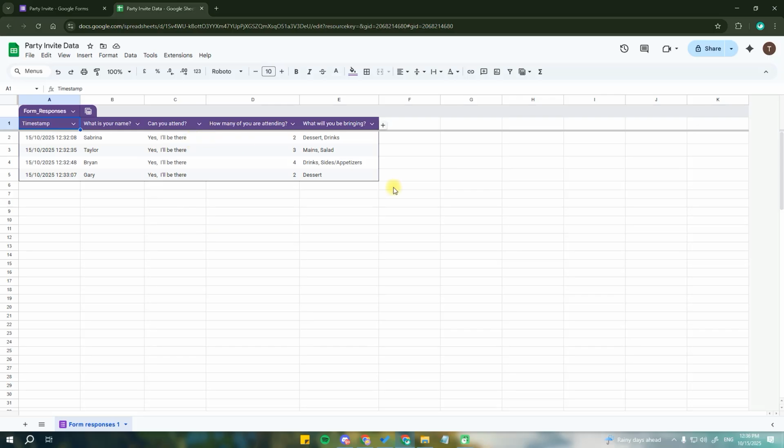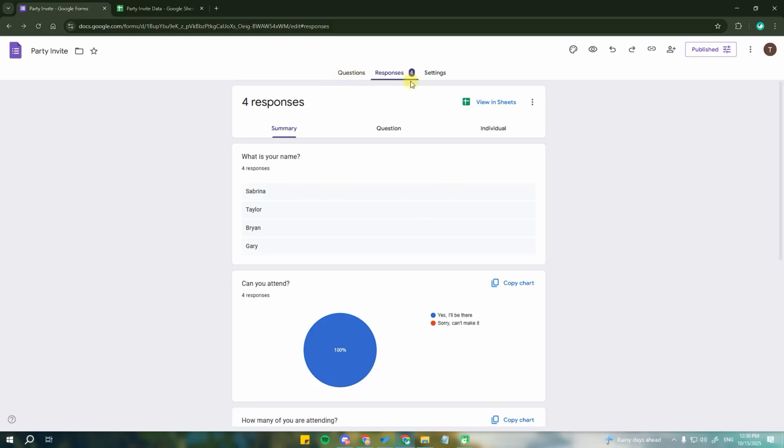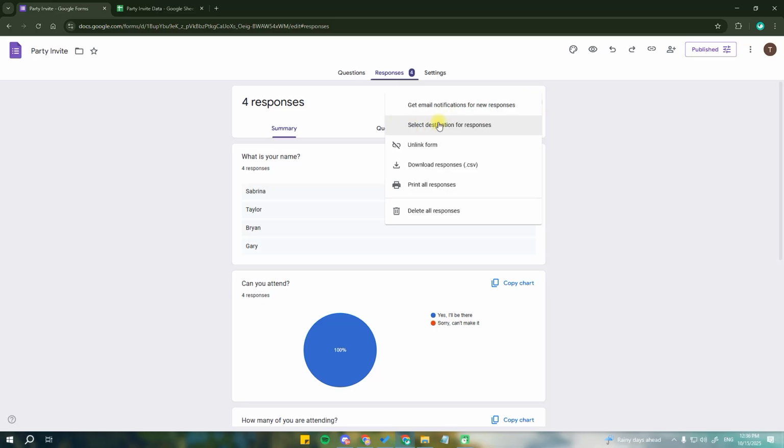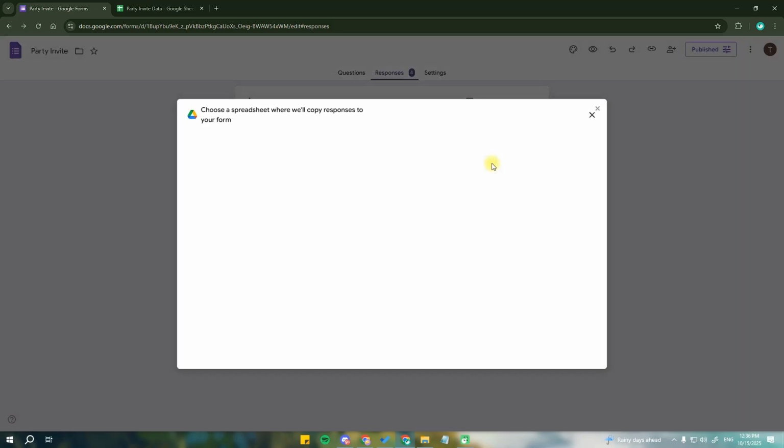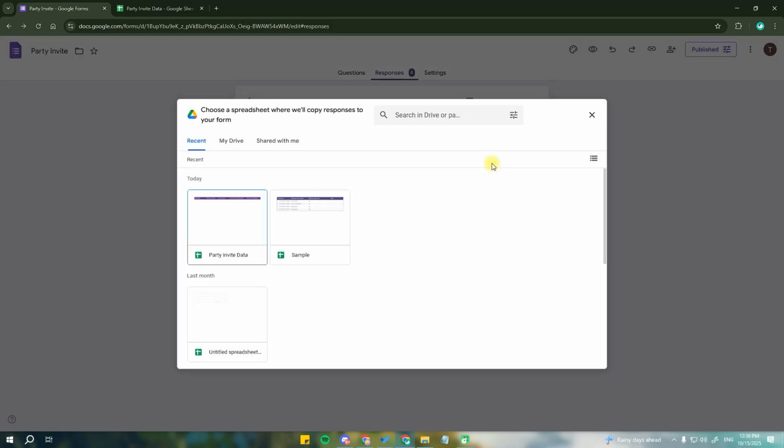Now, for example, you want to add this data to an existing spreadsheet. So we can go back to our Google Forms, go to the Responses tab, and click on this three-dotted icon, and we click on Select Destination for Responses. This time we are going to select existing spreadsheet. If, for example, you would want that, click on Select at the bottom right,